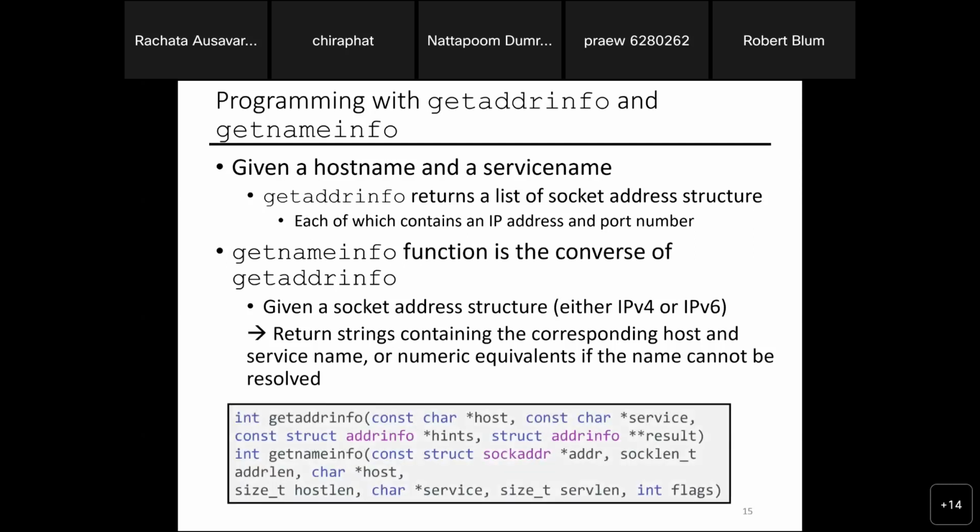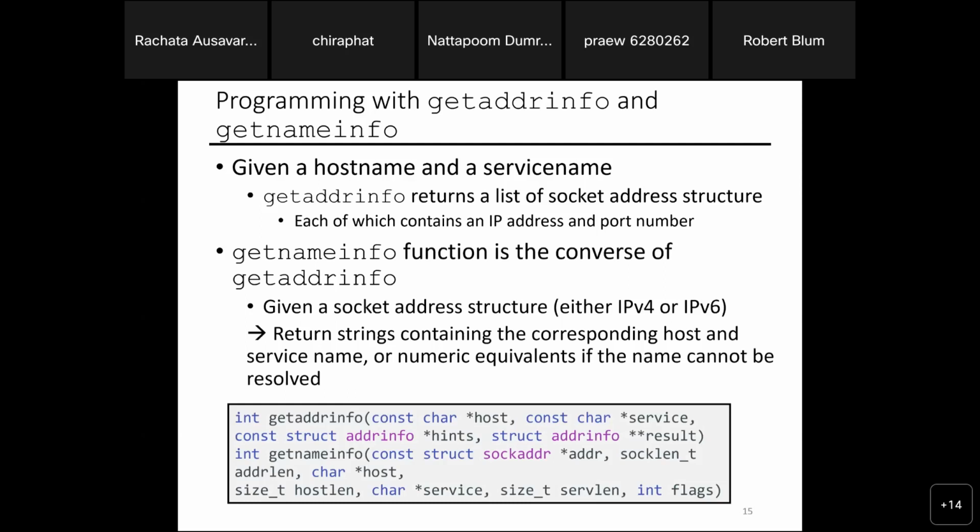For example, here we have multiple versions of get address info. You can throw in the host name with the service name, and you will get a list of sockets that are connecting the host and the service together.